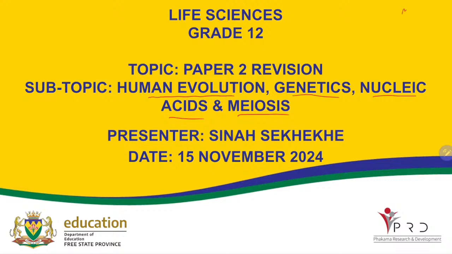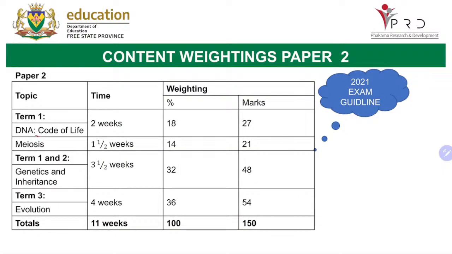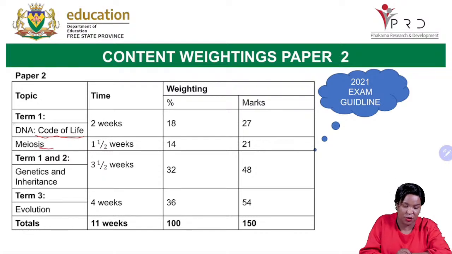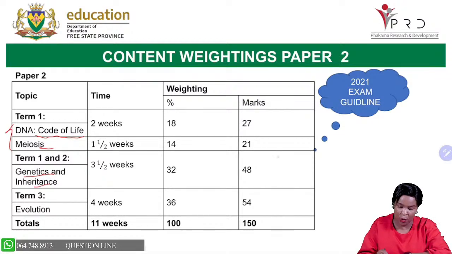However, we are going to start with the big topics. So let us check what your exam guideline says. It says for paper 2, you need to study DNA, code of life as your first topic, and then meiosis as your second topic. These are the topics that you did in term 1. Then for term 1 and 2, genetics, remember it was overlapping from term 1 into term 2, genetics and inheritance. This topic now amounts to 48 marks out of your 150, so it's almost 1/3. And then your biggest topic, that is evolution, that was covered in term 3, which amounts to 54 marks of